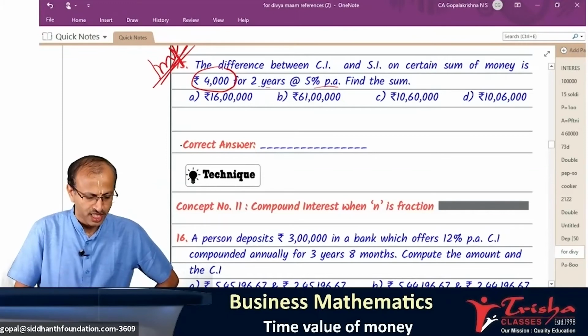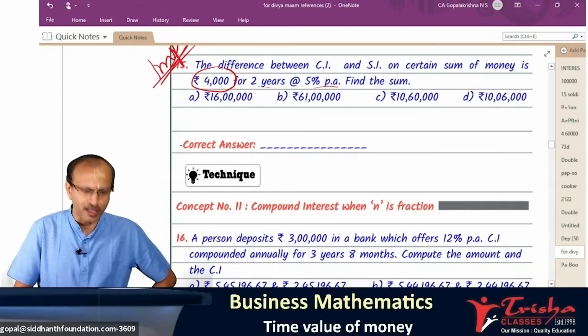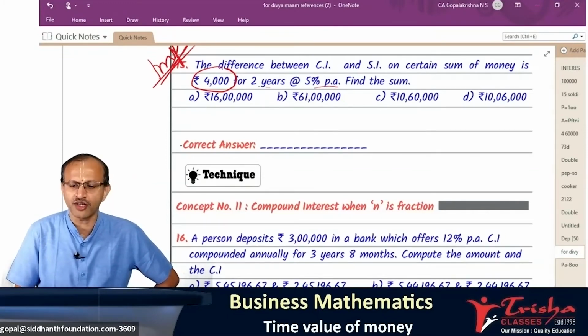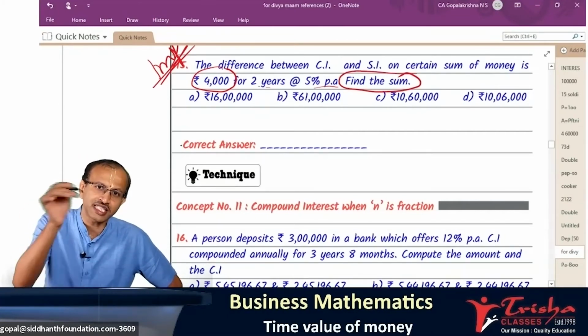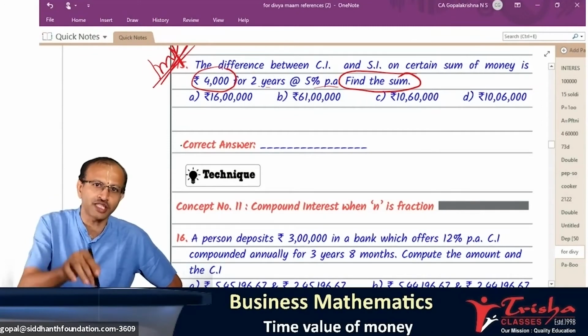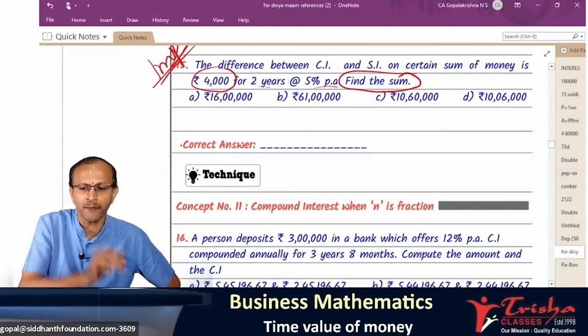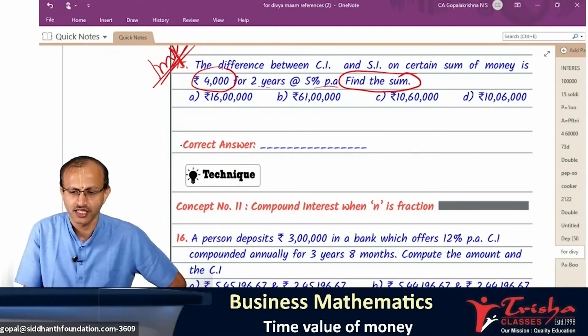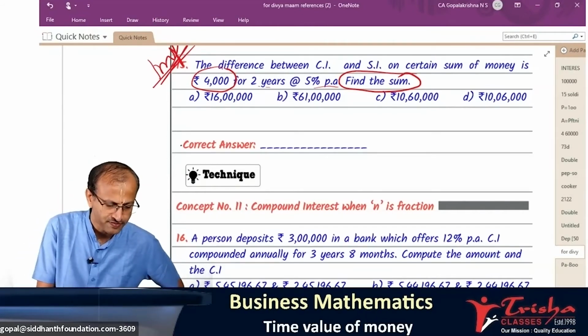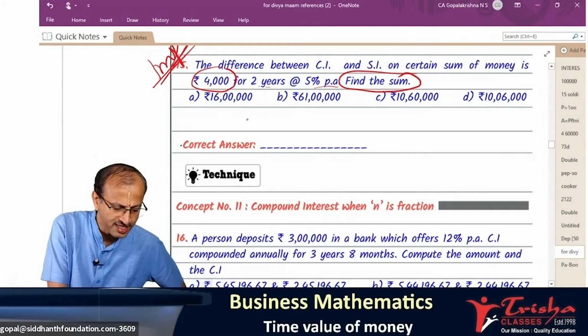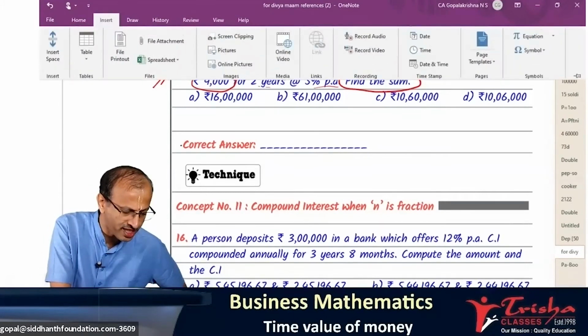Find the sum. Can you tell me what all is given to us? The word sum means what? The initial money. What is the deposit? What is the original principal, P question mark? That's what it means. Okay, tell me what all is given to you in the question. Tell me quick. N is equal to, any confusion about N?